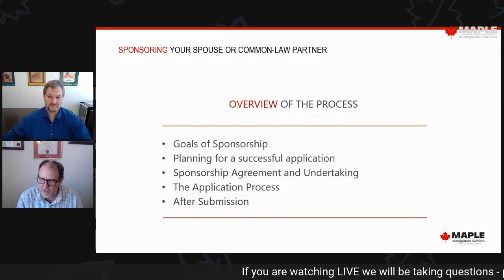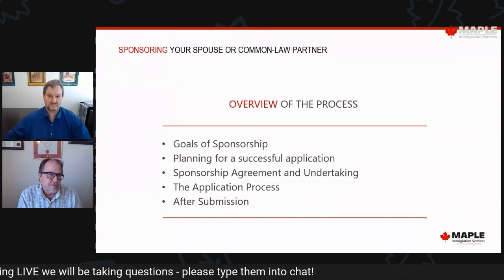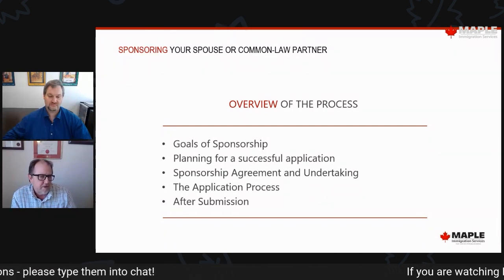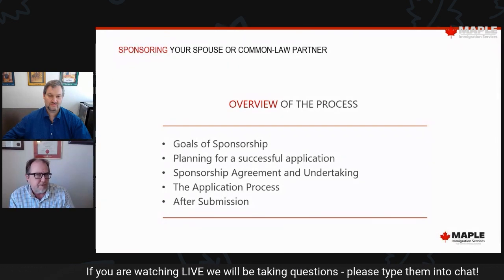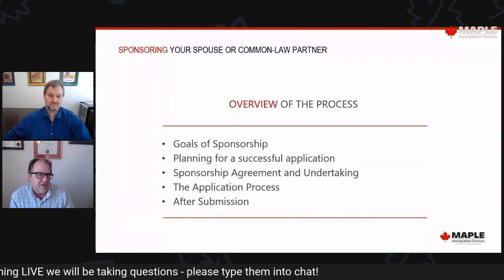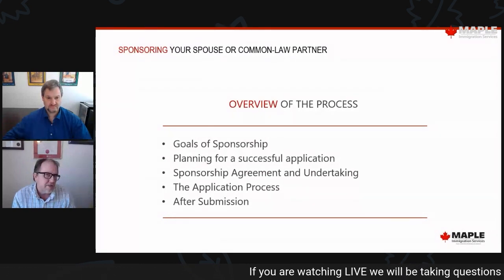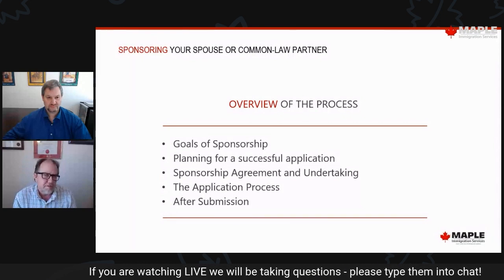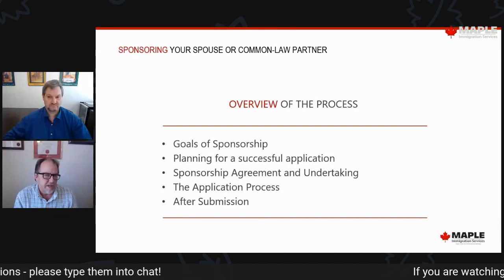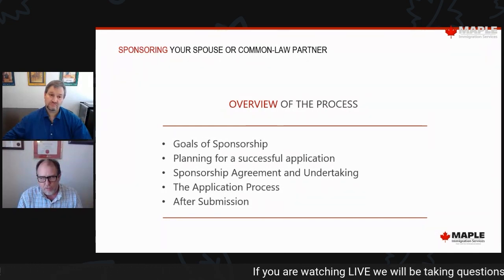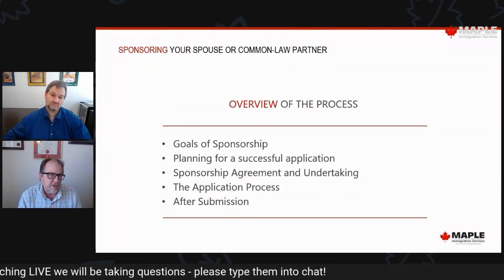So the application process, this is usually the first step in what we like to talk about as a 3-step process towards your final goal of being in Canada forever. So the first step of that 3-step process is the application itself. And what the application includes, as Brandon said before, we don't just go by the checklist that the government puts up on their website. Yes, there's a number of government forms that you have to sign, both you as a sponsor and the applicant. But we go well beyond this checklist. You need to also put supporting documentation in your application.